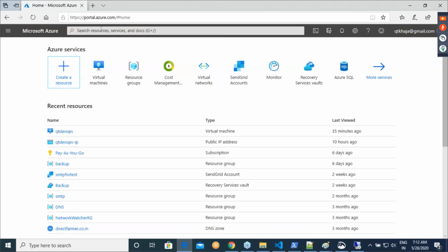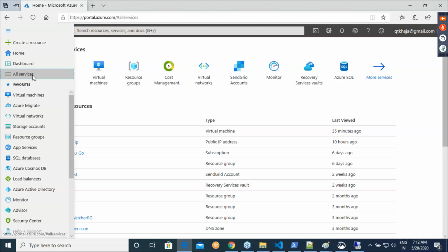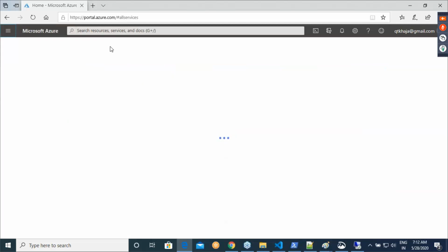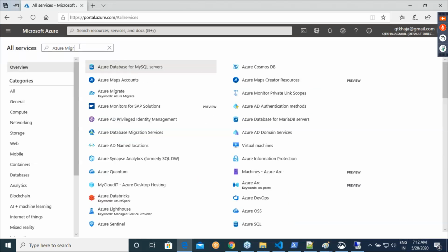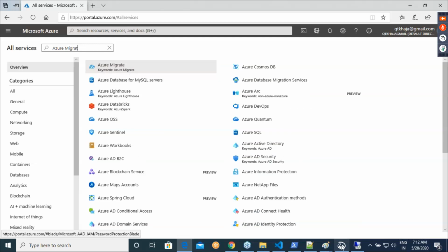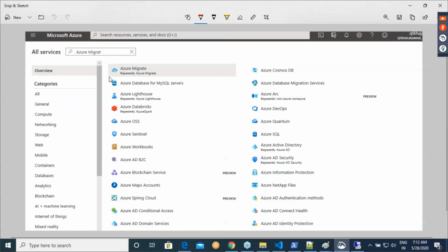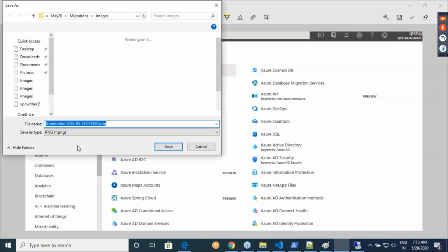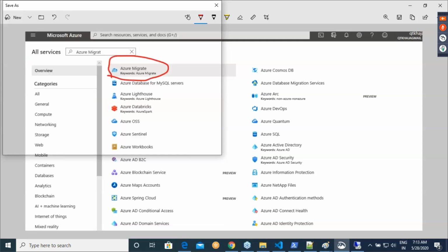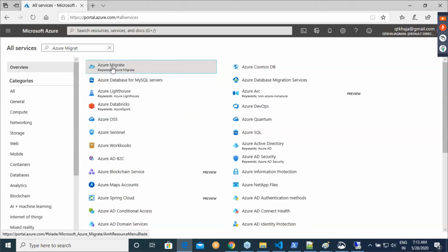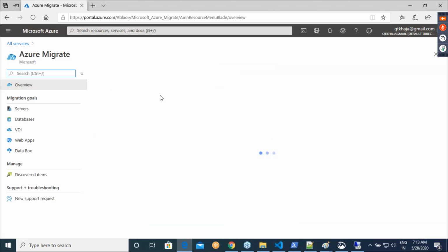So I'll go over here, all services, and then say Azure Migrate. I've selected this Azure Migrate project.